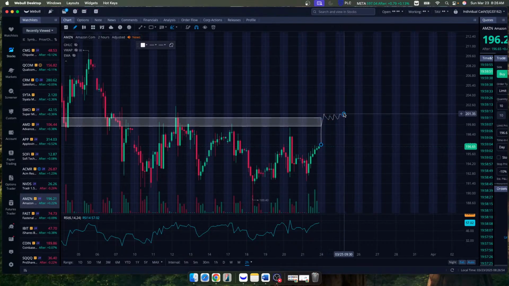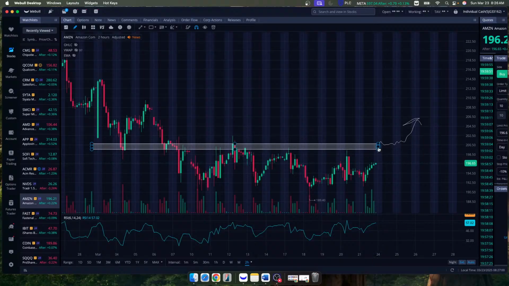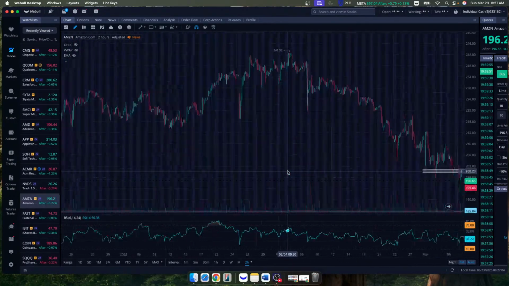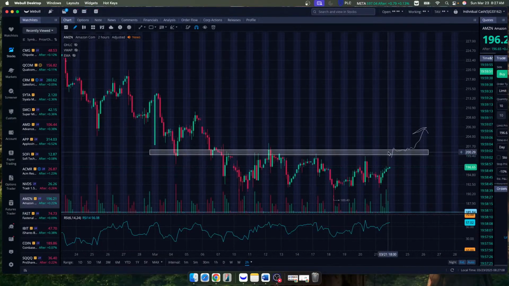So definitely refer back to that in the video. And they got to push back up. But we need the QQQ to be strong for this to happen. I'm waiting to see, are we going to get that move like that? That's what we need. So it really needs to get to that point where Amazon can get above 200, prove that it's bullish, and go from there.